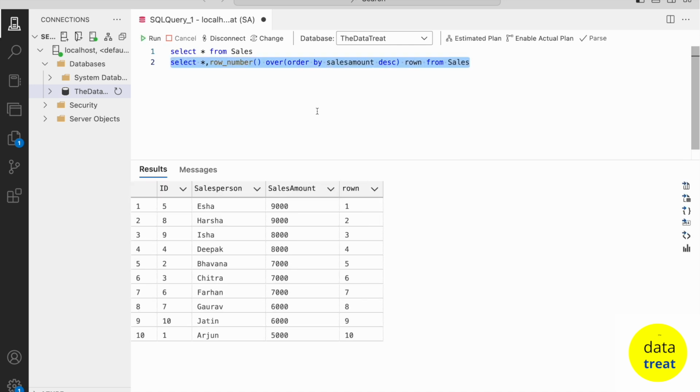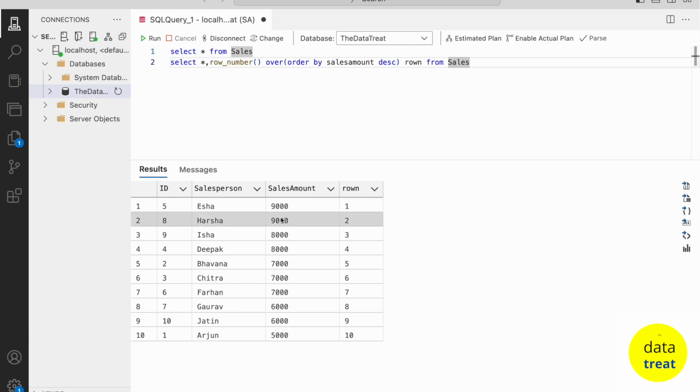If you see what it is basically doing, it is just assigning a serial number based on the sales amount, which is descending. So the highest sales amount will get 1, similarly 2, 3, 4, 5 and so on, but it is not taking duplicates into consideration.